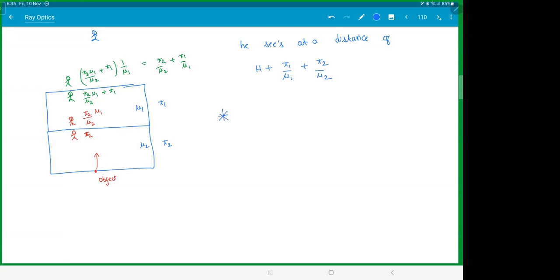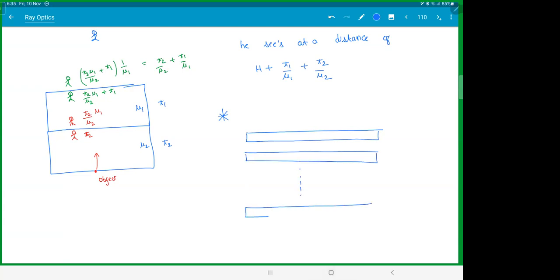Now you can extend this even for infinite slabs. T1, mu1, T2, mu2, Tn, mu n, right? Even if you have n slabs like this,